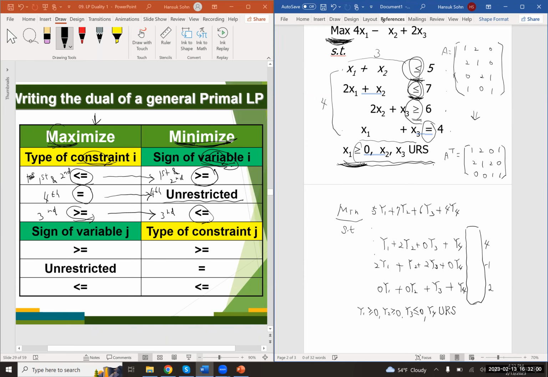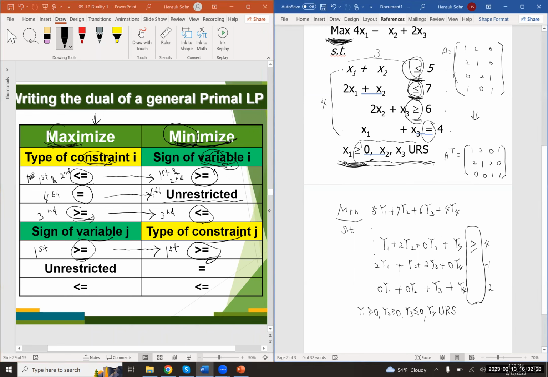So this time we need to look at this side, right? The maximization problem, the first decision variable has greater than equal sign. This implies that in the minimization problem, the first constraint must have greater than equal sign,